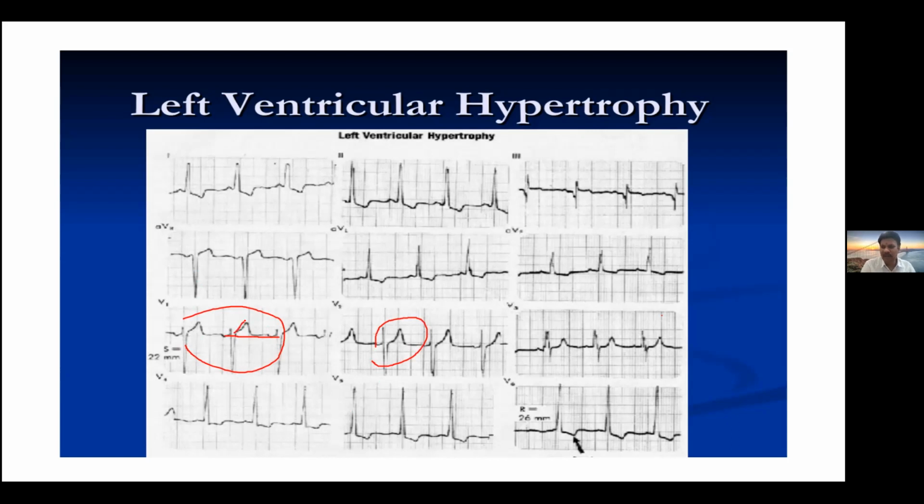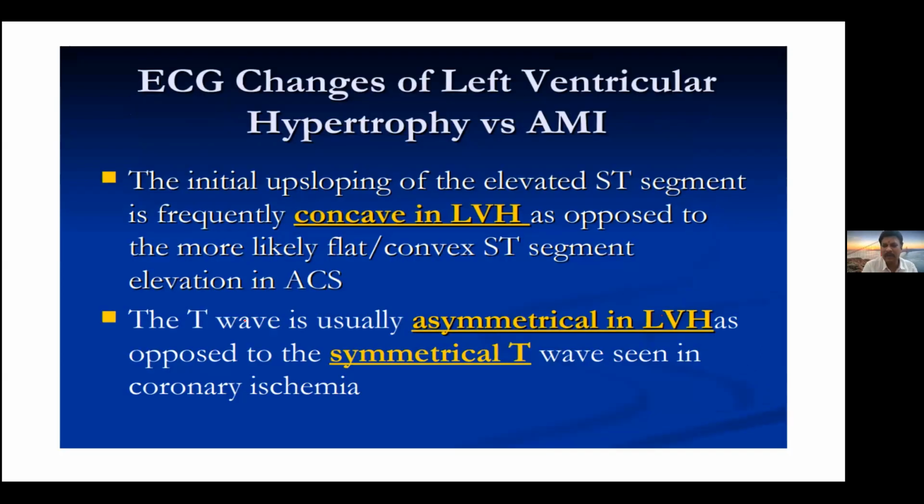So everywhere, whenever you are seeing an ST elevation, look for concavity up, convexity upwards, or a smooth flattening ST segment. If it is concavity from the imaginary line from the J point to the peak of the T wave, you think it is secondary to left ventricular hypertrophy, LBBB, early repolarization, or pericarditis. So see here the concave in LVH. That is most important. The words are very important. Concavity, then you think